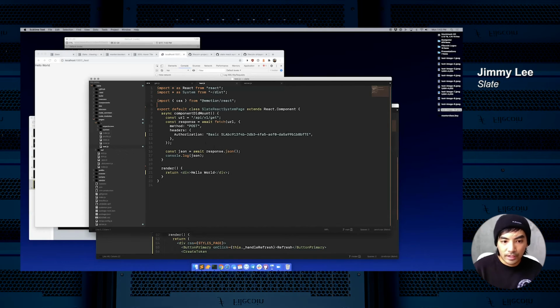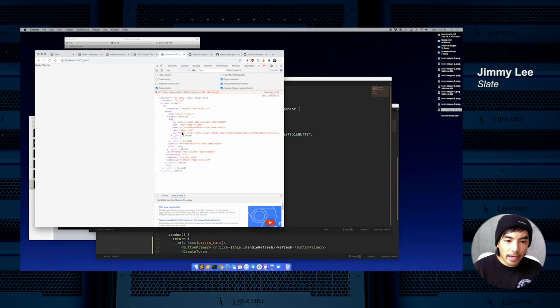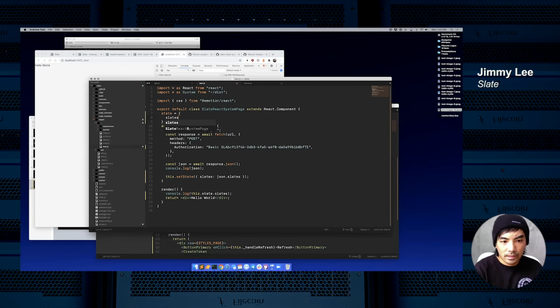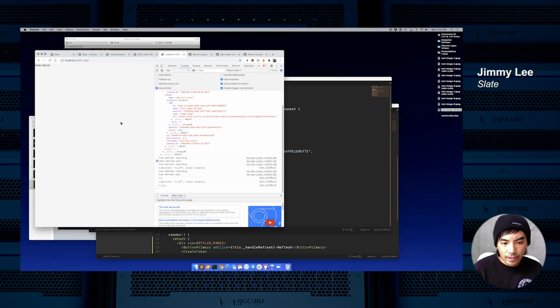And in the response, if I just save the response, so I can go and do this dot set state, and I can add in the response slates, json.slates, and I can do this dot console log, this dot state dot slates, and I can do state slates empty array. If I hit refresh,